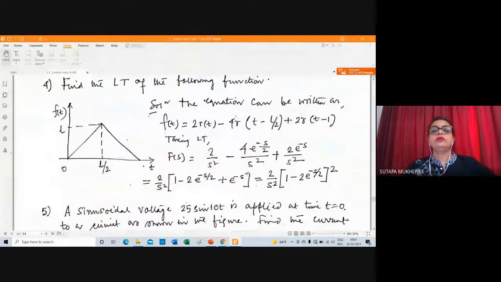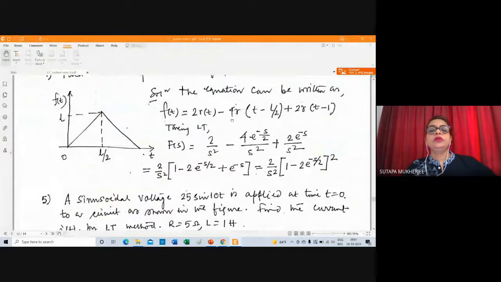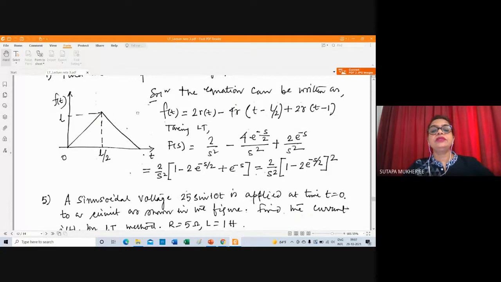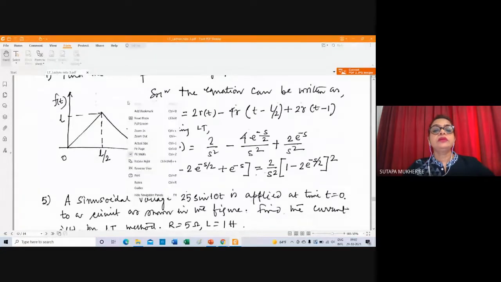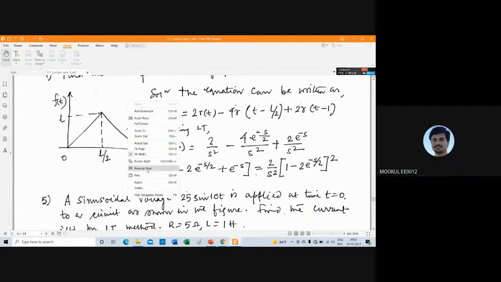Come to this one. Look. Do you remember what I have explained? This will go up. Again, this will go like this. Can I draw any line over there? No. Can I draw any line over there? You can only highlight.